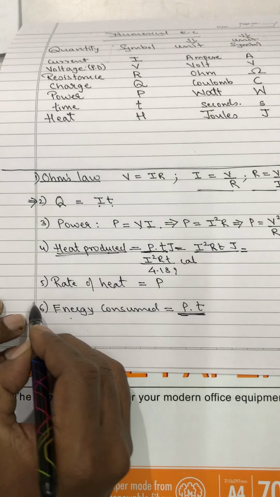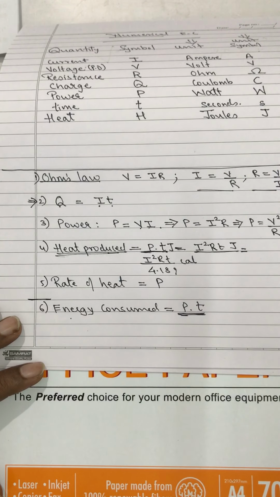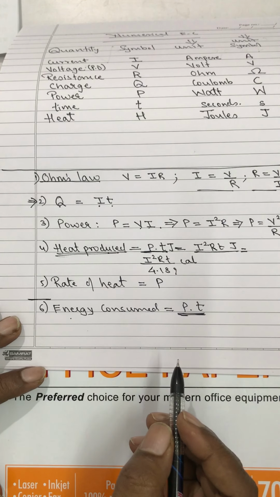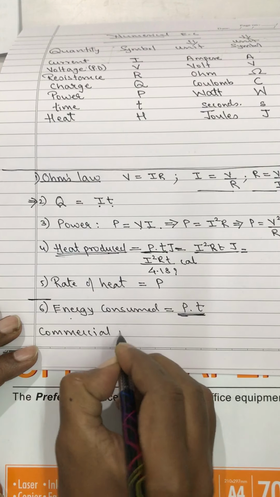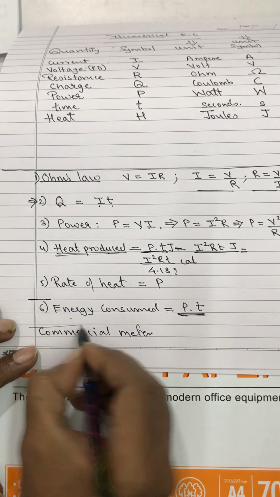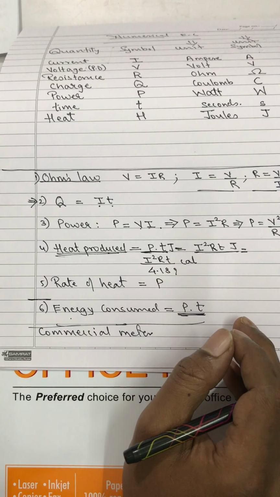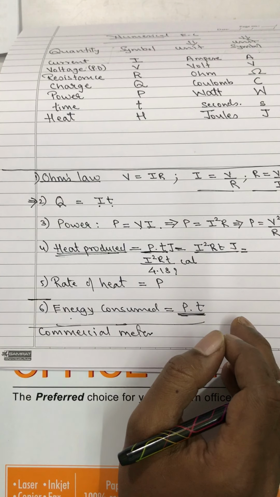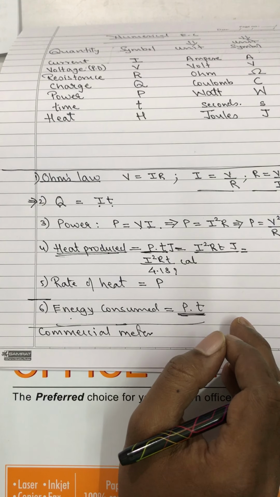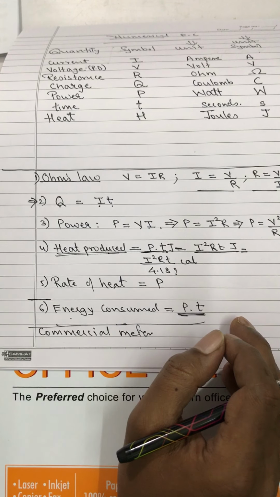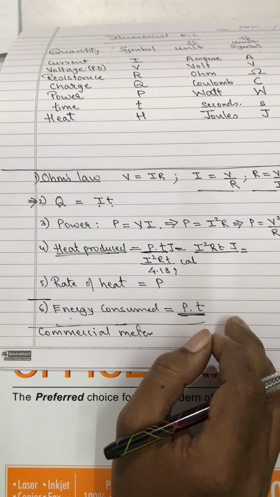But there is one more thing. Why I am going to this topic is that few number of times they will ask you a question based on commercial meters. In our social language, we have got two types of meters: one is residence meter, one is commercial meter. But from the science point of view, even the residence meter is a commercial meter, because basically you are selling energy.